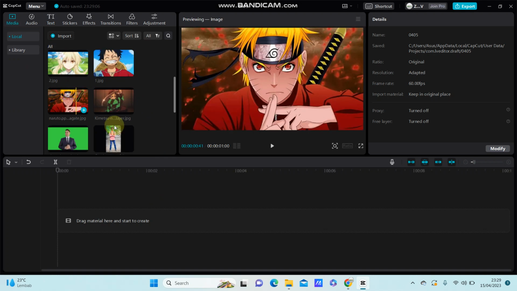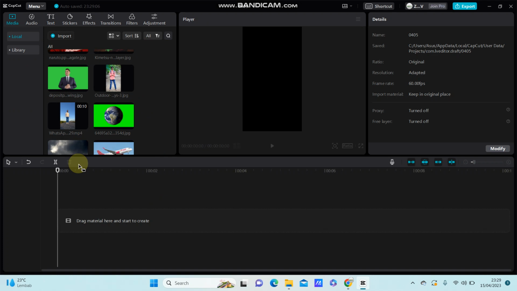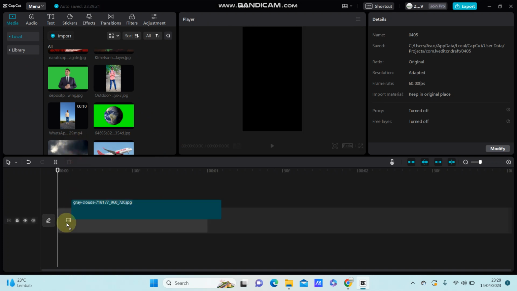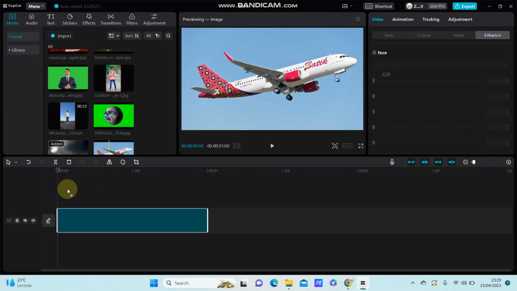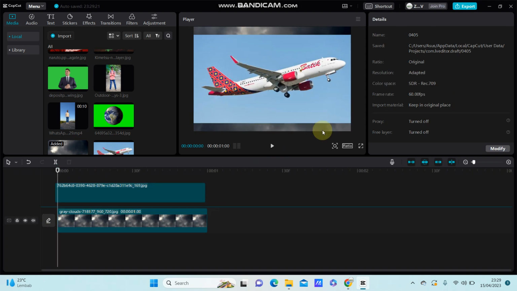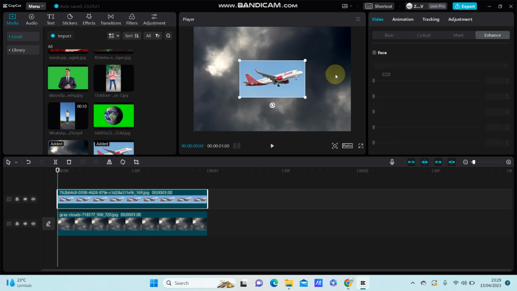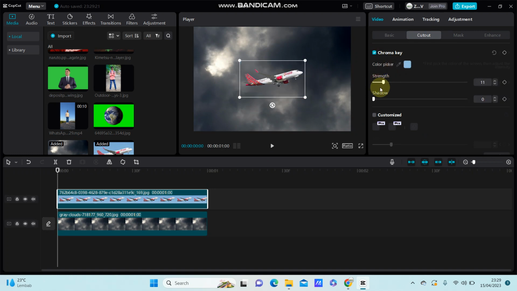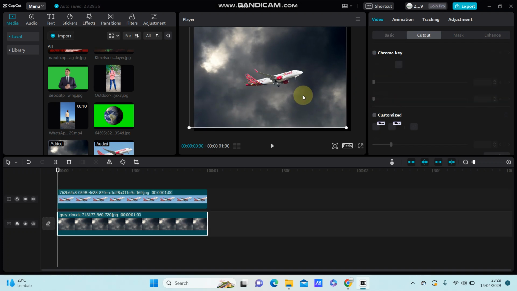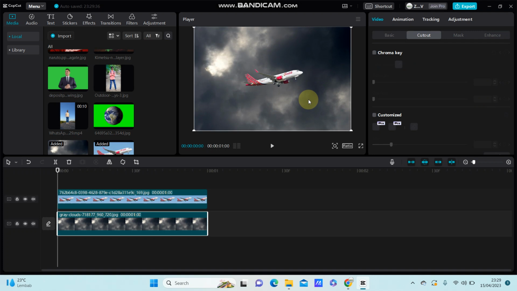Right. For example, I'm going to select the background and add the overlay, resize it and remove the background. Right. And I'm going to